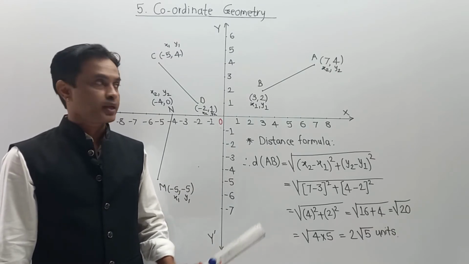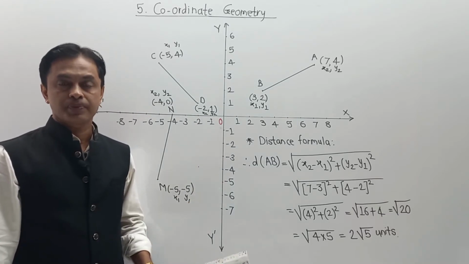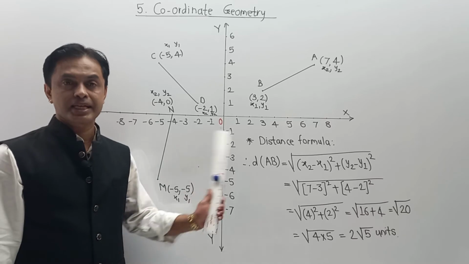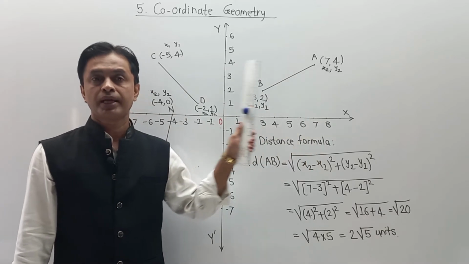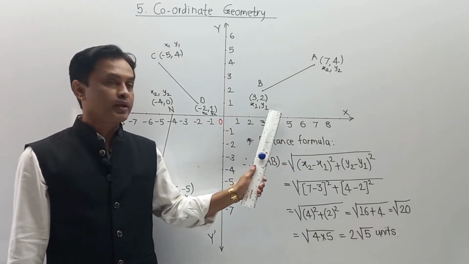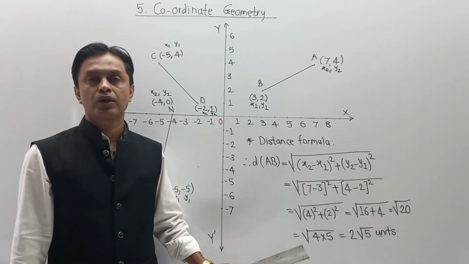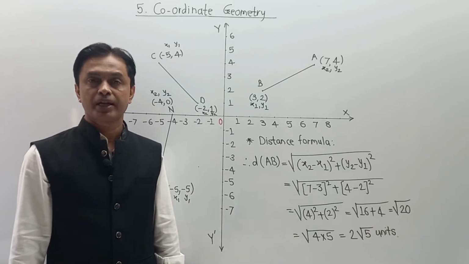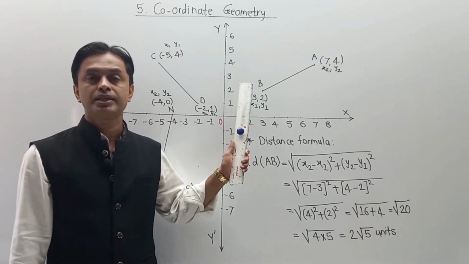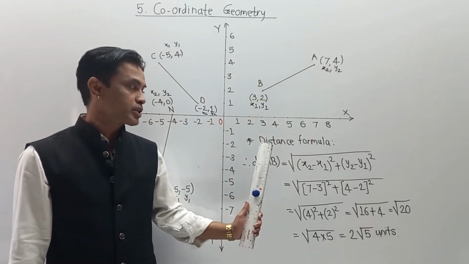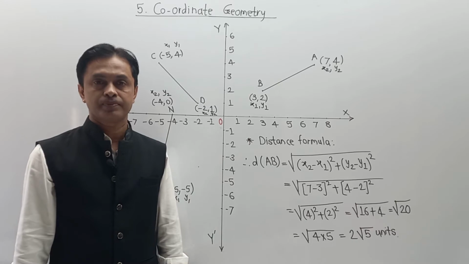Students, remember one point. I have drawn these segments in the x-axis, y-axis quadrant system, but during the solution we are not going to draw any x-axis, y-axis or any angular line. We are just going to draw a horizontal line indicating the first point as x1, y1 and the second point as x2, y2. We directly use this formula, and then we solve in terms of distance. So remember it very carefully. No need to have graph paper. We directly do the calculation, and we can calculate the distance between any two points, and that is nothing but the application of the distance formula that we have to learn in the first exercise, that is 5.1.